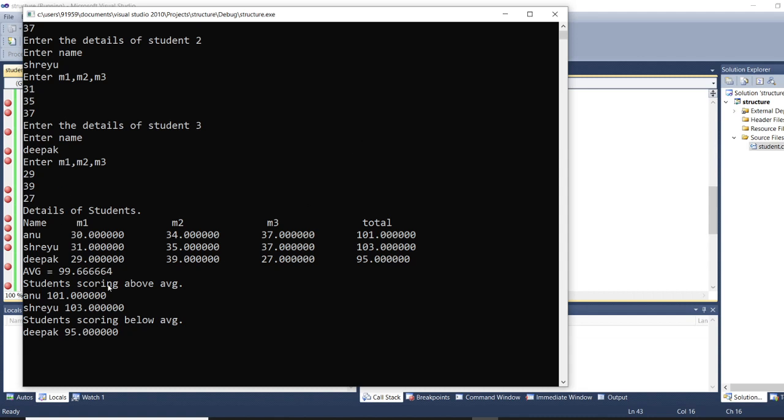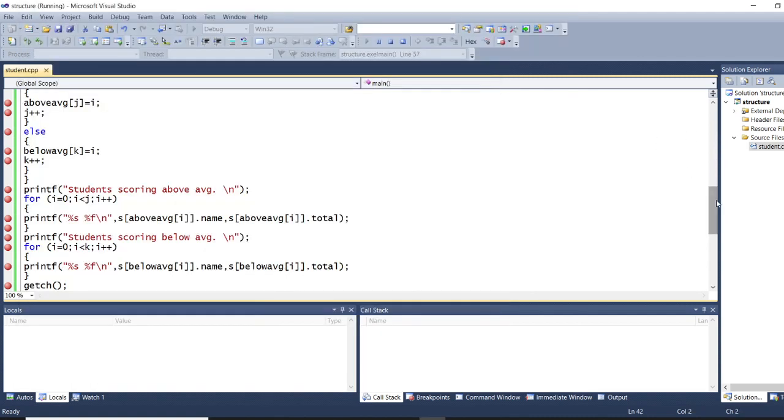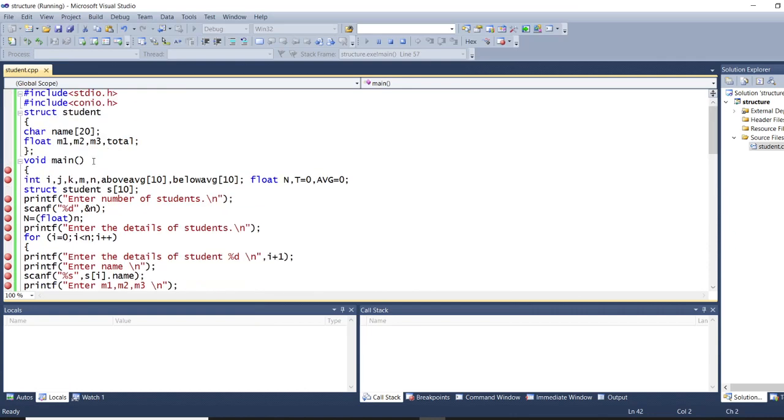A very important thing, make sure that when you are giving a structure, you should always end the structure with a semicolon. That is the syntax. That is a very important thing, because in C normally that will be forgotten. So that's a very important thing. When you end the structure, it will be ended with a semicolon.